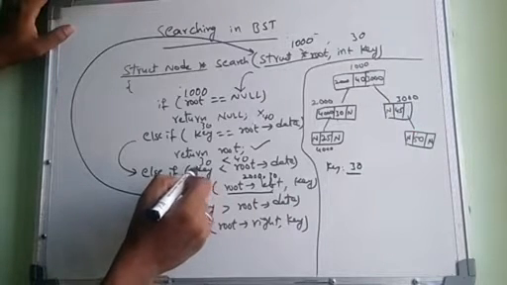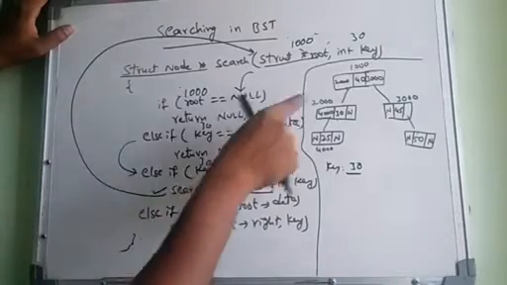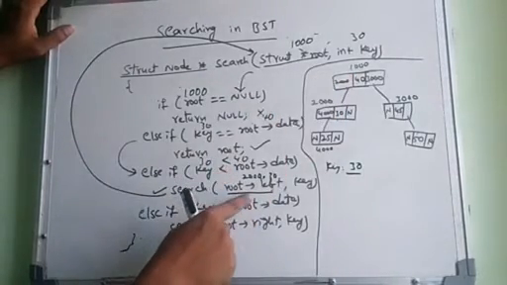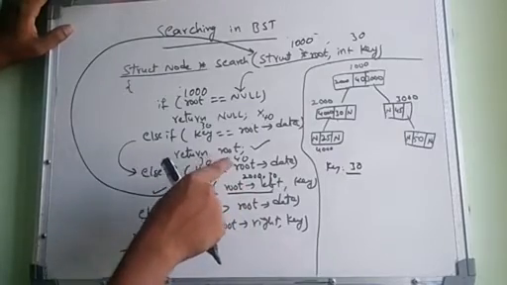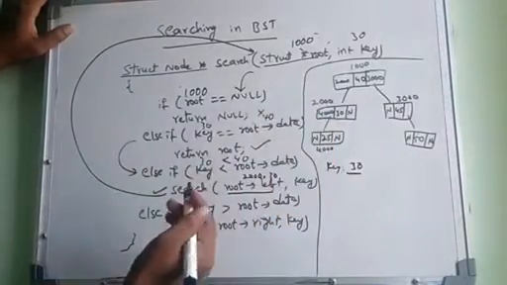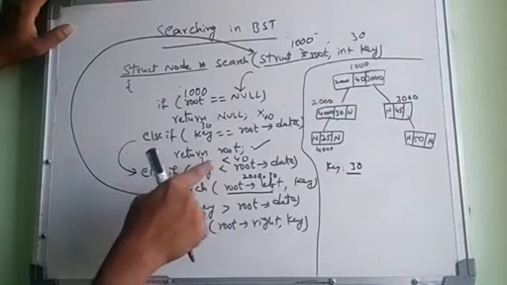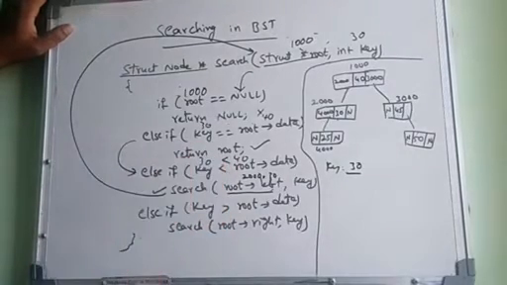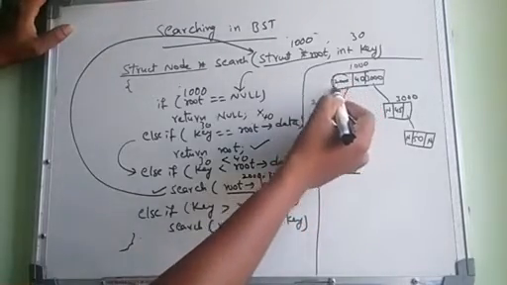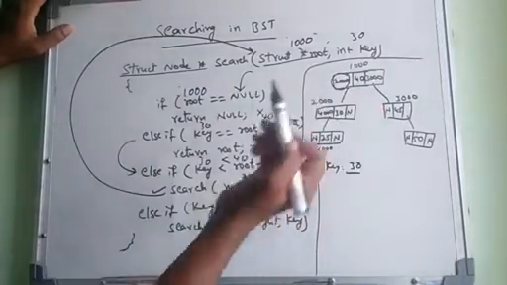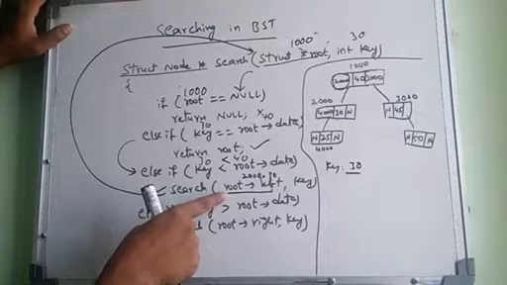Is your searching element greater than the root element or not? Suppose it is greater, then move to the right. But in our example, the searching element is 30, and 30 is less than 40, that means less than the root. Less than the root means we copy the left-hand side address into the root. What is the left-hand side address? 2000. 2000 is copied into the root.